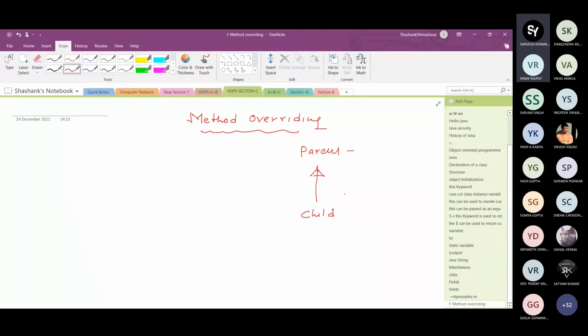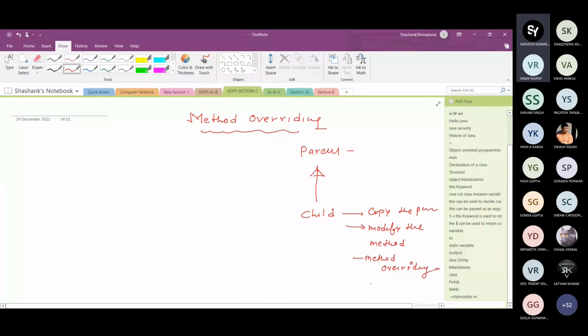Modifying an already existing method is called method overriding.